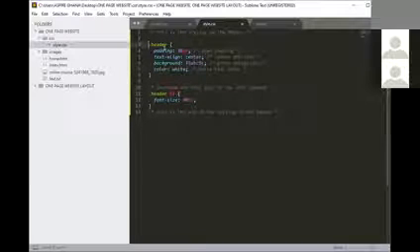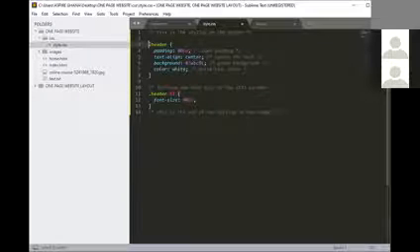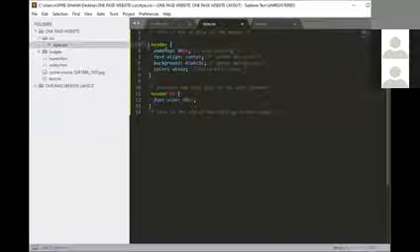Now the first thing is a header class. As you can see, we created a class with the name header. So we need to add the dot operator on it so that we can create the header class. Now the padding here is